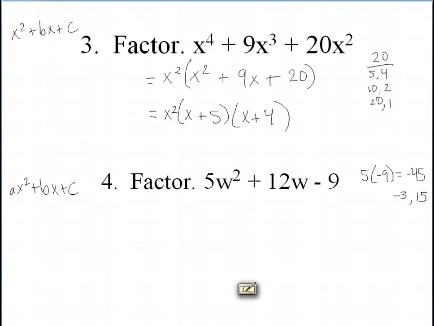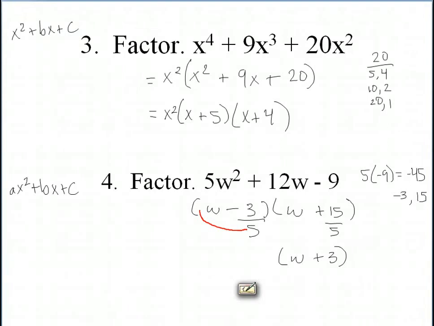When you work this problem out, this is the trick. You're going to set it up just like this: w and w, whatever your variable is. And you're going to put the two numbers that we just figured out into the binomials, so minus 3 and plus 15. Then you're going to take this leading coefficient, 5, and divide each of those numbers you just wrote in there by that 5. It will simplify in some parts of the problem and other parts it won't. If it simplifies, like in this case, 15 divided by 5 gives us a 3, so this is just going to be w plus 3. In this case, 3 and 5 don't simplify, so all you have to do is take this 5 and move it up to the coefficient, and that's your final answer. So 5w